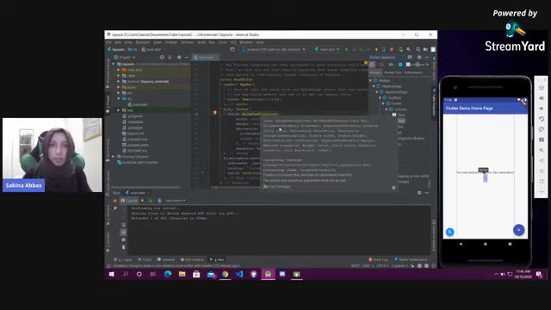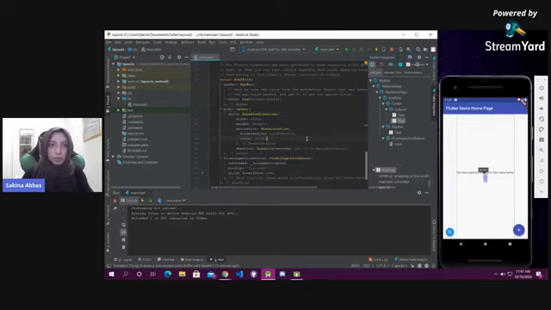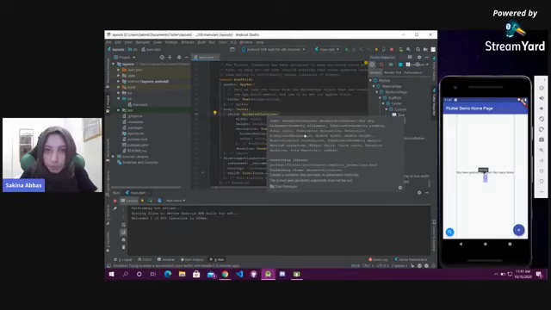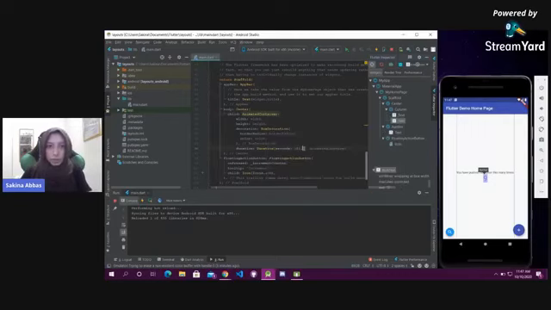And let me just add a function for that. Let's give it an animation property.